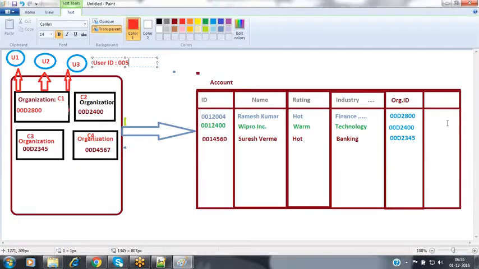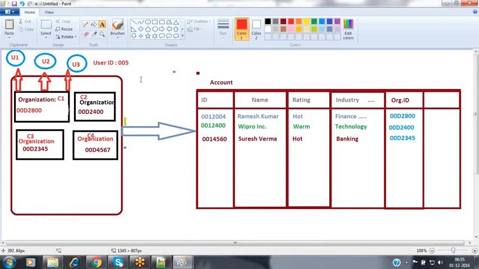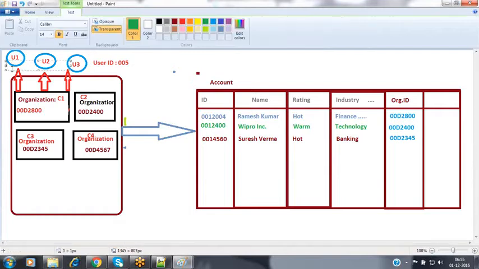Based on that profile, it is going to be logging into that entry here. So now whenever you are creating a user, for each and every user, Salesforce is going to allocate one unique identification number. Assume that for this particular user, user 1, it has allocated an ID like 001. For example, here I'm making a note of it.